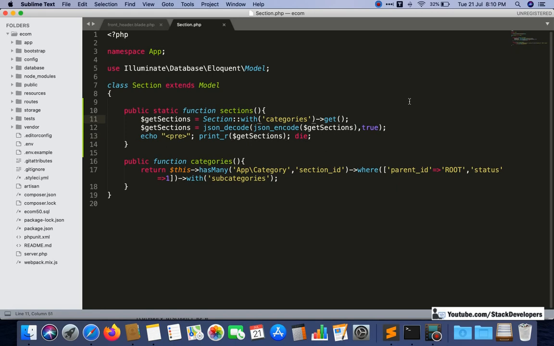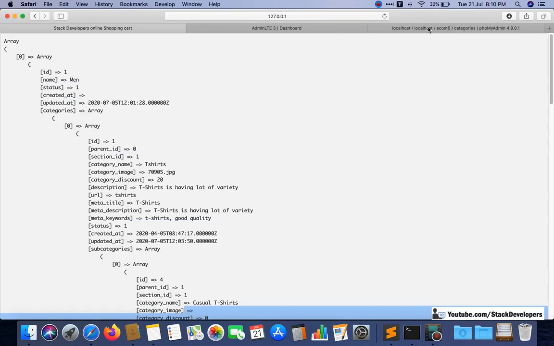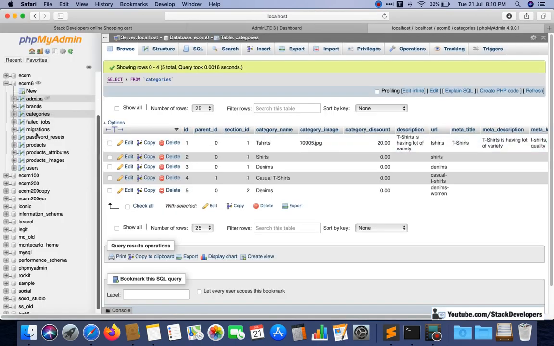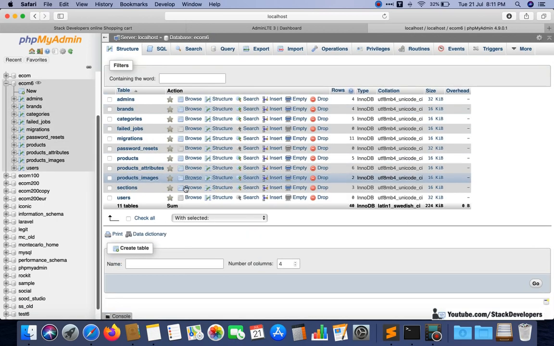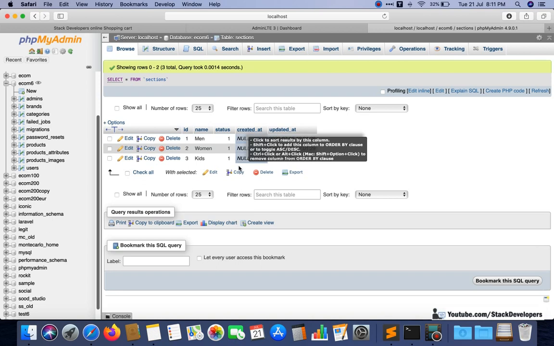Now one condition I will add here: that its status must be 1 only. Here we can see that in sections we also have a status. Status must be 1 only, though the status is always 1 for these sections right now. But sometimes the admin can disable some of these sections, like the kids section or the women section.